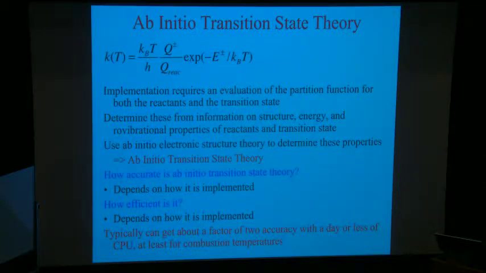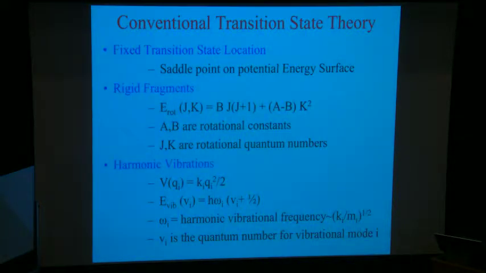We are, for barrierless reactions, which are initially a challenging problem but for now is one of the easier problems for us, now able to get accuracy that may be at the 10 to 20% level. It's actually hard to tell how accurate they are because experiments don't have that kind of accuracy. We're at the level where we don't really know how accurate just because we don't have a proper test of them. For those things, we actually do apply a 10% dynamical correction routinely just to try and take account of